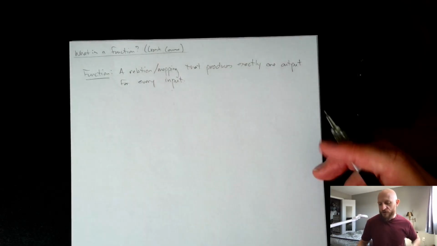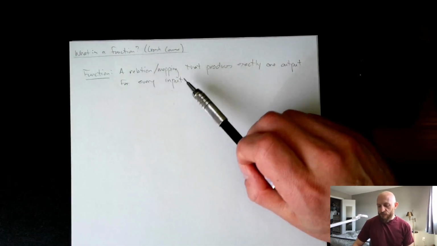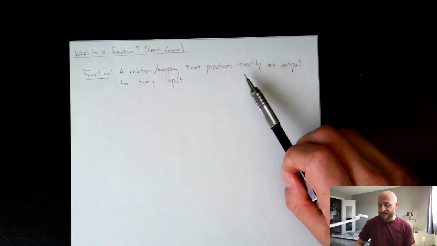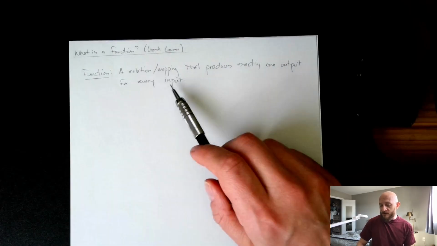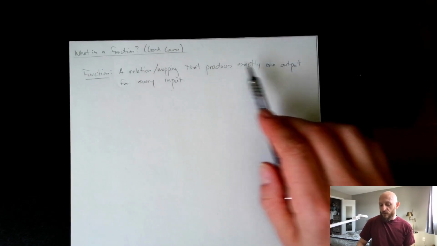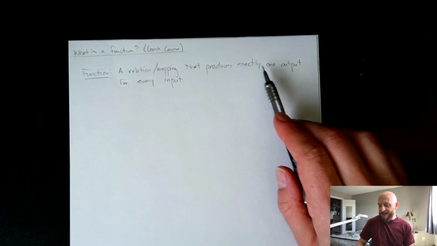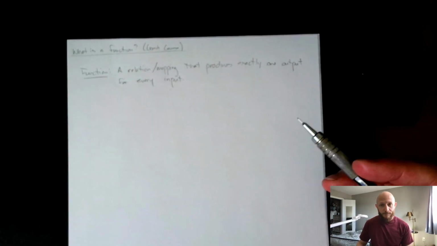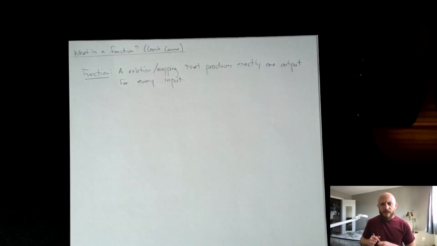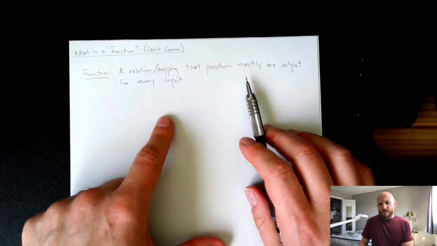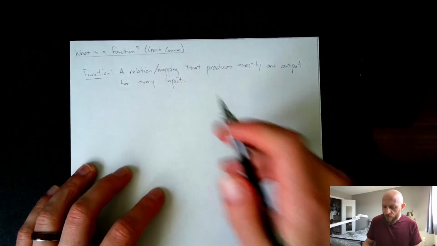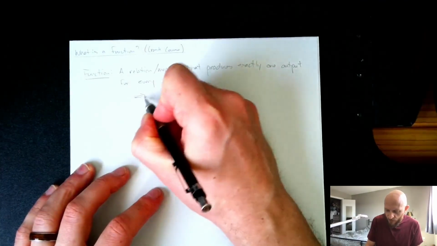So what is a function? Well, a function is a relation or a mapping that produces for every input exactly one output. So a relation or mapping that produces exactly one output for every input. And that seems really simple. It is very simple. Something that's kind of tricky though is that this is actually saying two different things. There are two requirements here. The first requirement, one,